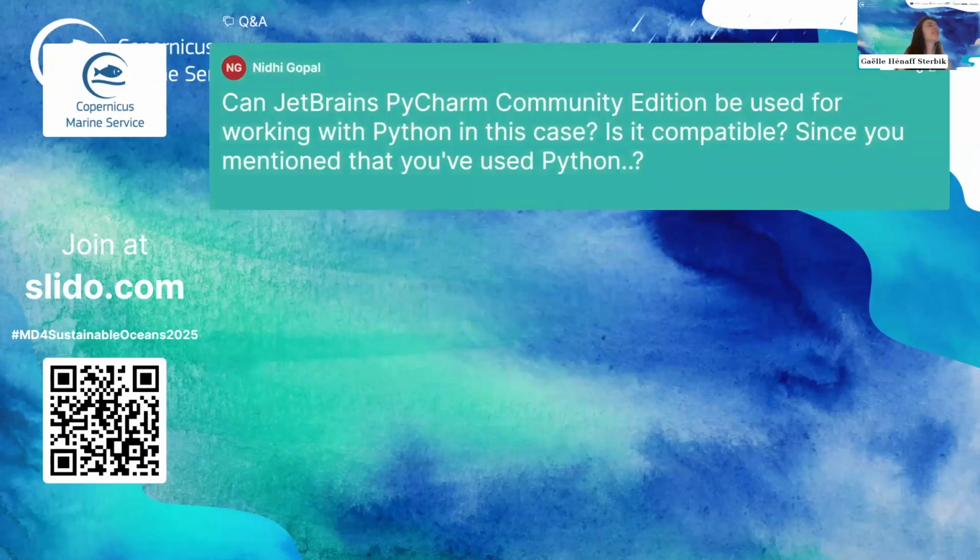Another technical question: can JetBrains PyCharm Community Edition be used for working with Python in this case? Is it compatible, since you mentioned that you've used Python? Yes, PyCharm remains also a Python editor, so it's basically the same thing as VS Code. If you can use the toolbox with VS Code, I don't see any issues using PyCharm with it. So yes, I would say that you can use the toolbox using PyCharm. Okay, thanks. So for now, that's the